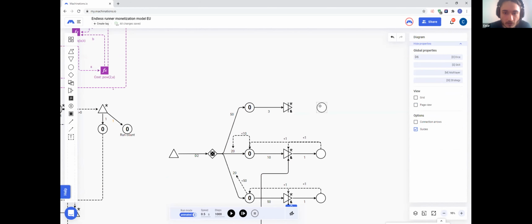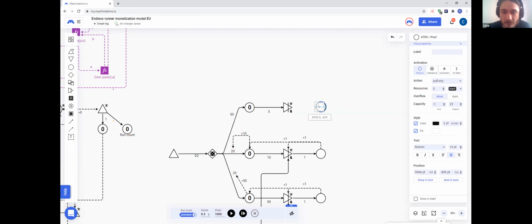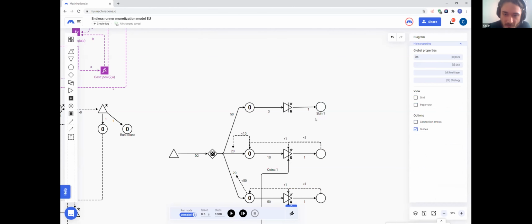And as soon as we have the 3 shards and the required amount of gold, which I'm going to connect later, the converter will turn those shards into 1 skin. So our final pool here is going to track the fact that we obtained skin 1. So I'm just going to name it skin 1. I'm going to leave it at that. And as soon as we have our skin,